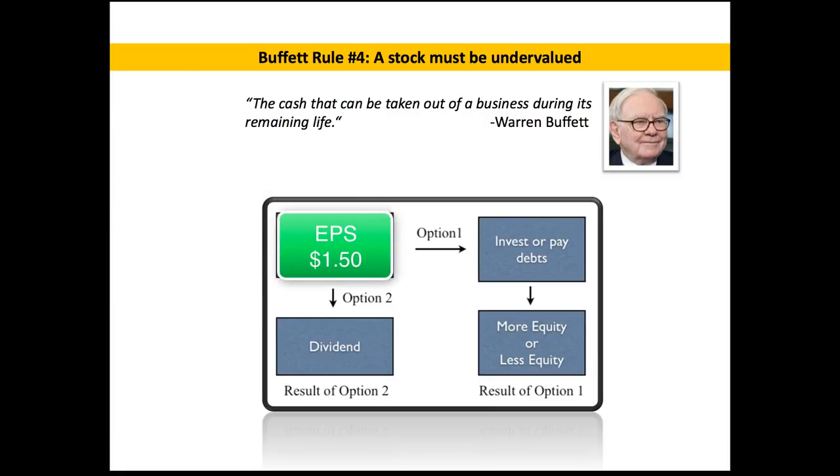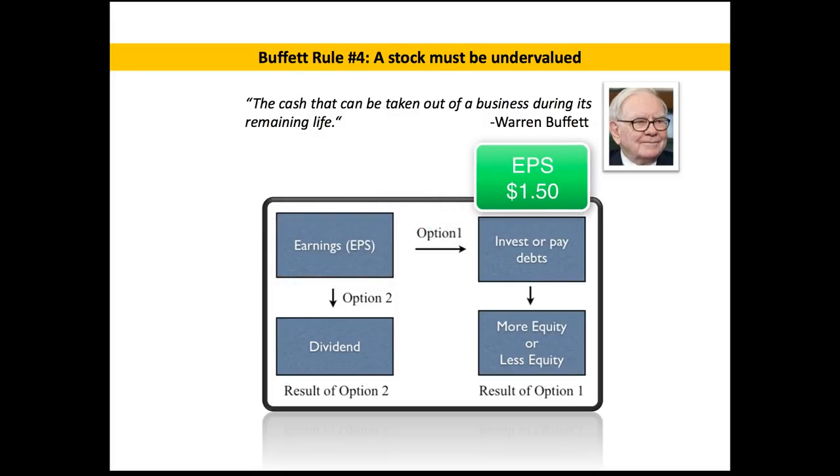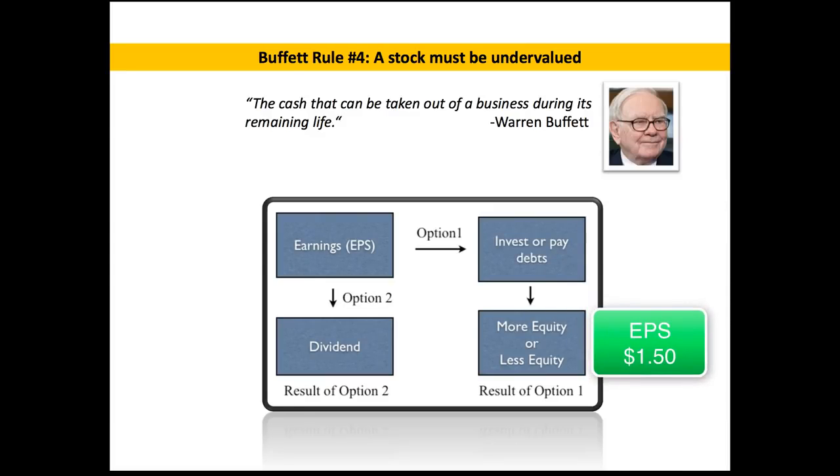Now, if you remember from that first course, the owner, which is you as the shareholder, has the option to either take the first route, which is you keep that money in the corporate bank account, and you're going to either invest that money back into the business or pay off your debts or whatever the case is. But what eventually happens with that money that you would be investing or paying off your debts, that either turns into more equity or less equity. And that's going to be reflected in the book value, because the book value is nothing more than equity per share.